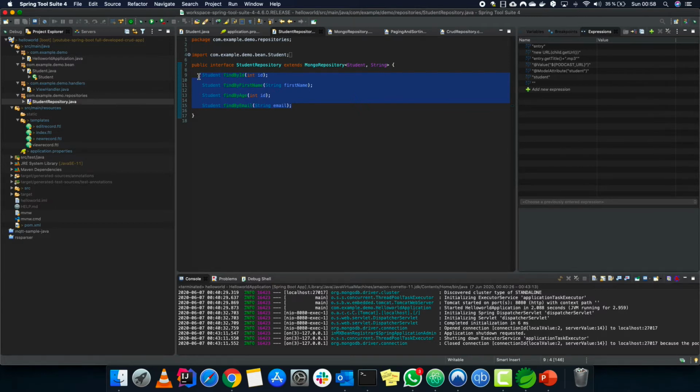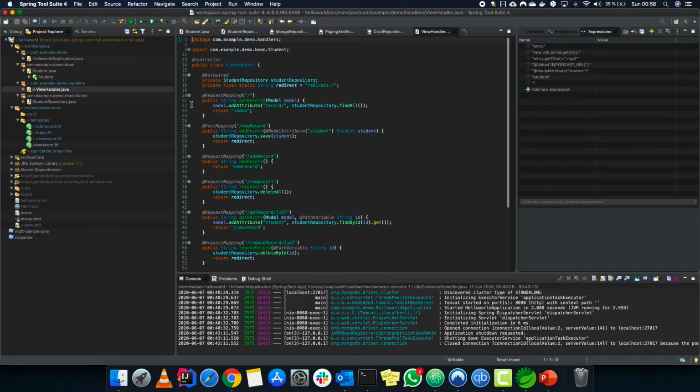Now we go into the handler. Into the handler we create a controller. There it is, a controller. Then we need a repository object to do all the things we have to do with the repository. By that I mean we are going to save the records into MongoDB, and for that we need an object. So we have this object, which extends MongoDB repository.